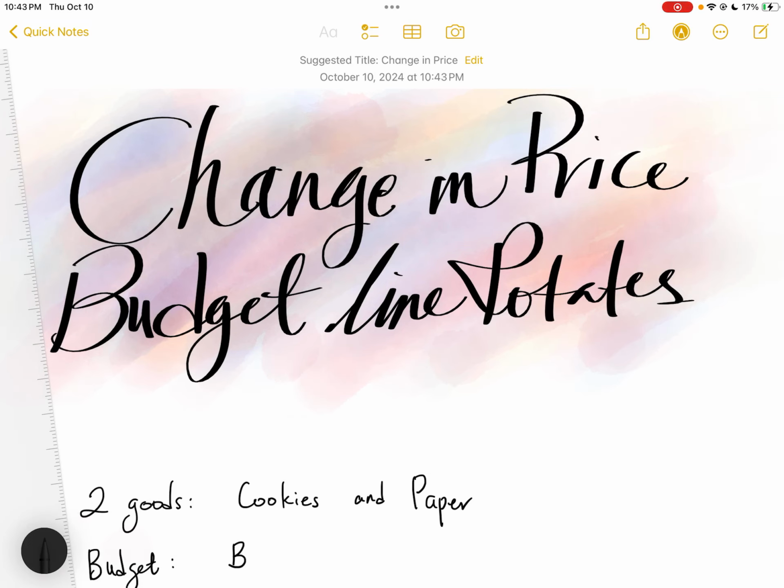What happens to the budget line when there's a change in price? Last time we examined what happens to the budget line when there's a change in income, right? That's a video I did last time, so check that out too. When there's a change in price, the budget line will rotate, and I'll show you what that looks like on